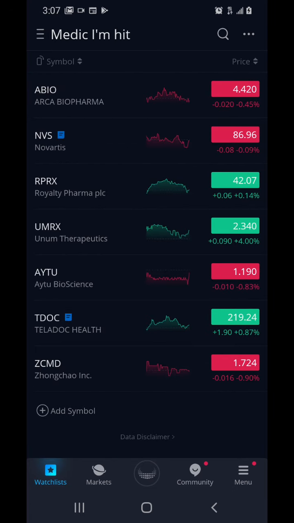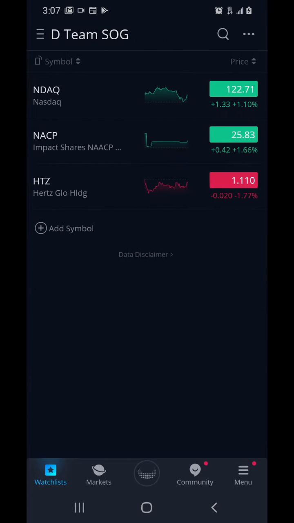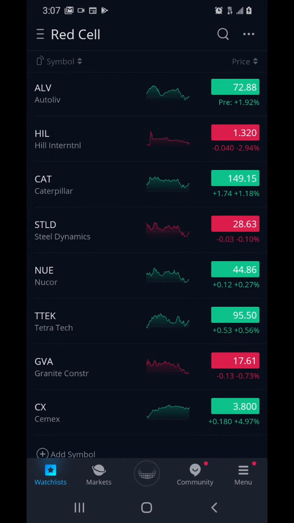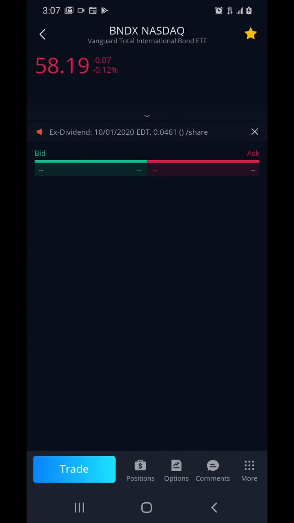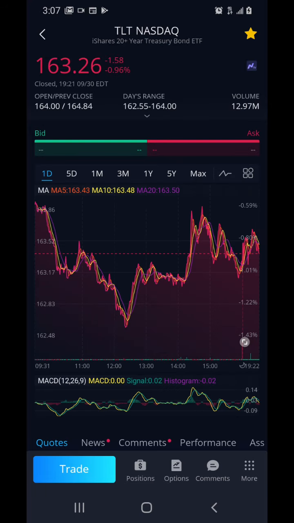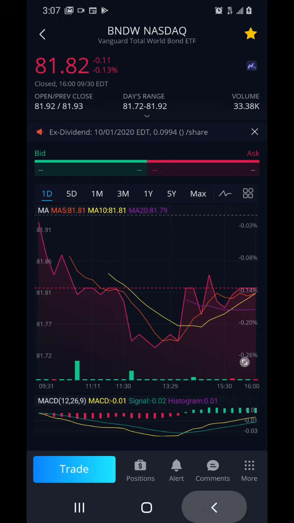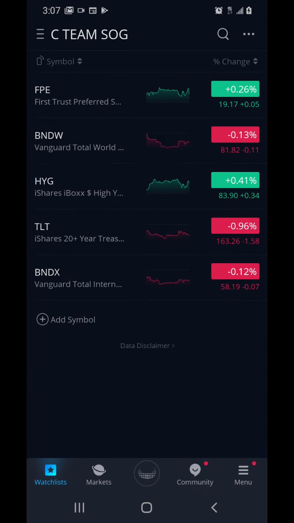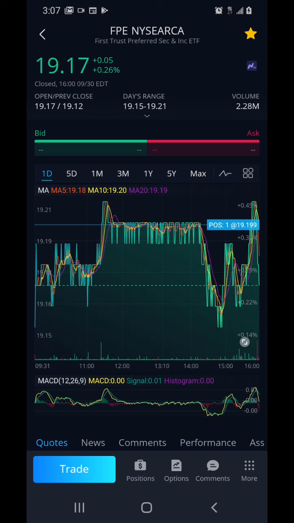And let's go to the counterpart, which is why I'm trying to say it's lagging. What's lagging? BNDX, Nasdaq, bond derivative, TLT, Nasdaq, BNDW, Nasdaq. We're talking about money velocity at this point. The only one I have here in the New York Stock Exchange is what I'm in at this point,